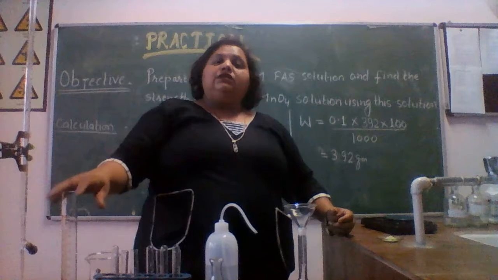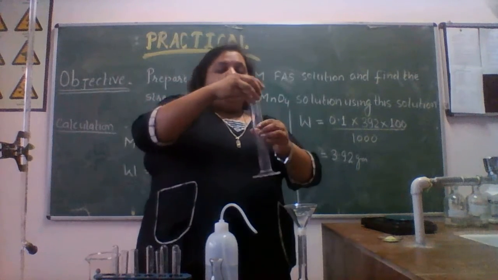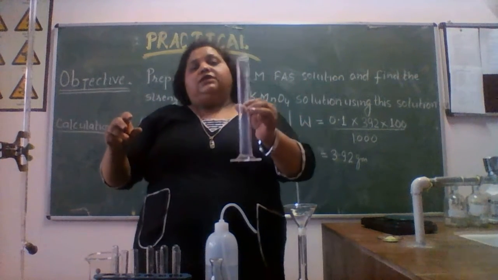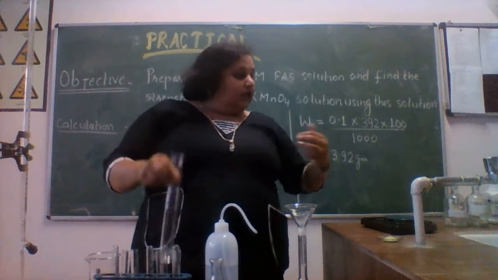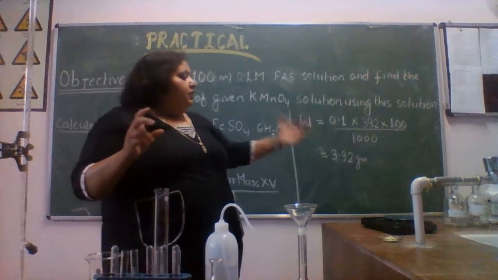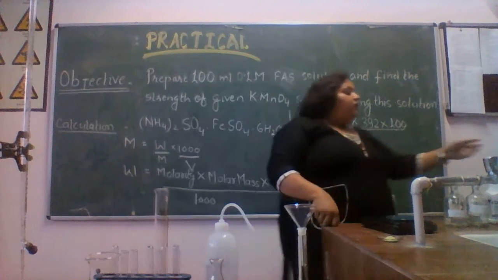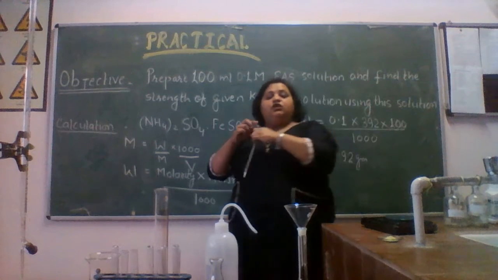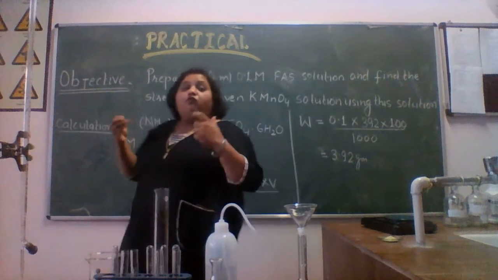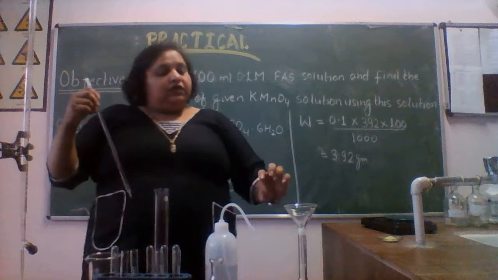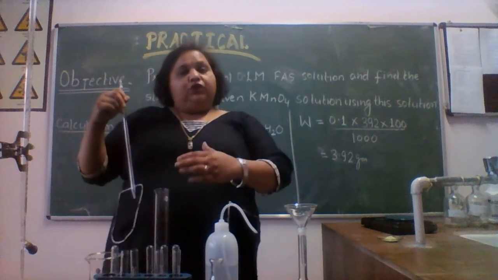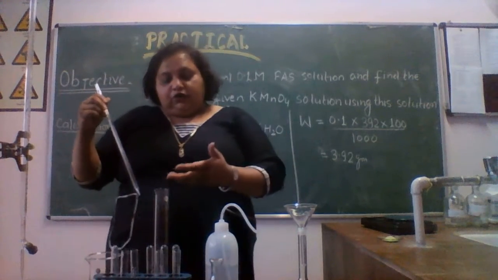The second thing that you can do is use the measuring cylinder. And the last, one very important thing, the very perfect method is use of the pipette for the last drop. Like up to 70 ml or 80 ml you can transfer with the